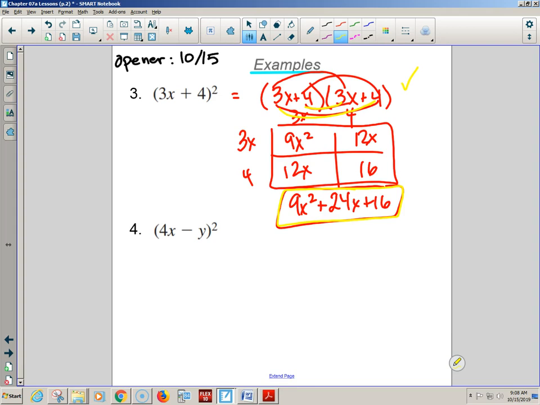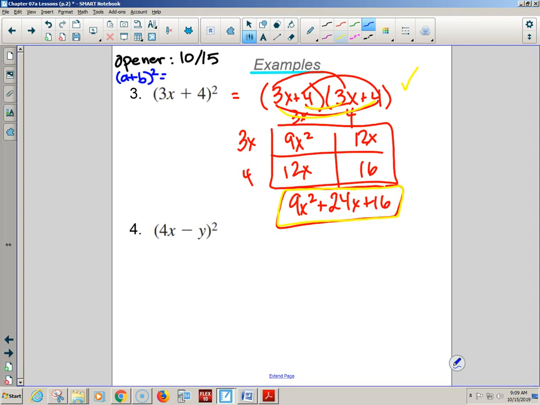But there was a shortcut yesterday. Now, none of you have to use it. None of you have to remember it. But it is a really good thing to keep in mind. I'm going to write it up here because maybe just a few of you are using it. Whenever you square a binomial,